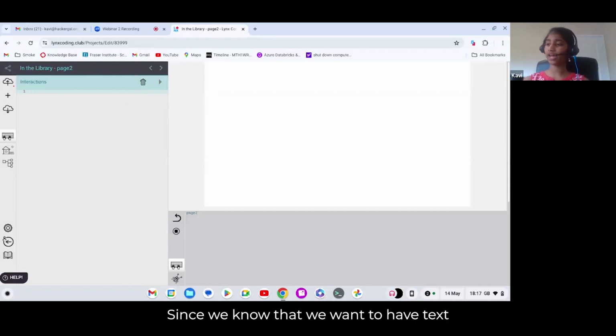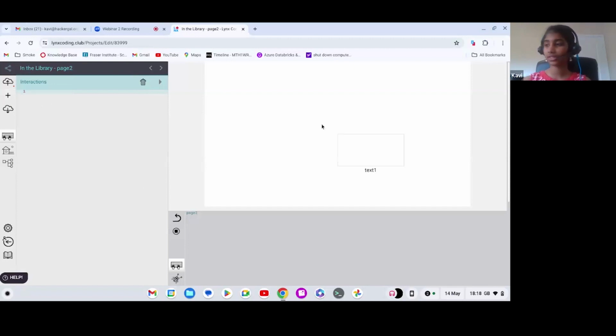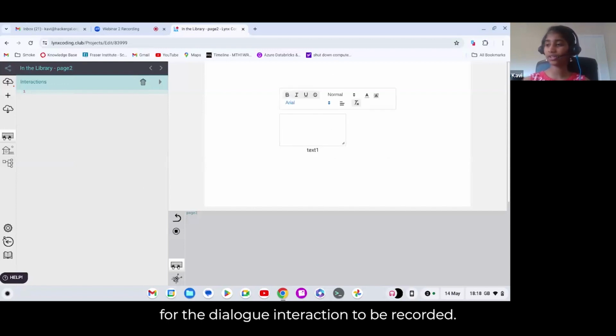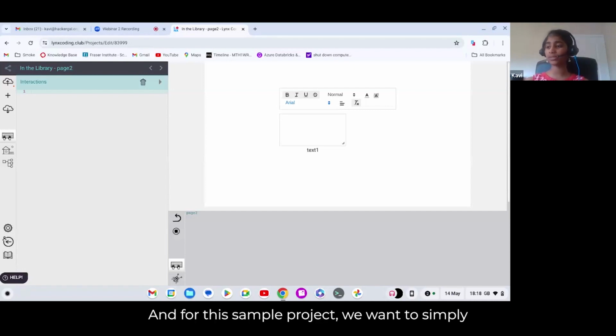Since we know that we want to have text as a component of the user dialog interaction, let's add a text box to our page by heading to the plus button in the left-hand procedures pane and selecting the second option from the top, which is text. Drag the text box wherever you would like for the dialogue interaction to be recorded. And for this sample project, we want to simply create a background for the text to be printed. In order to format it the way you would like,